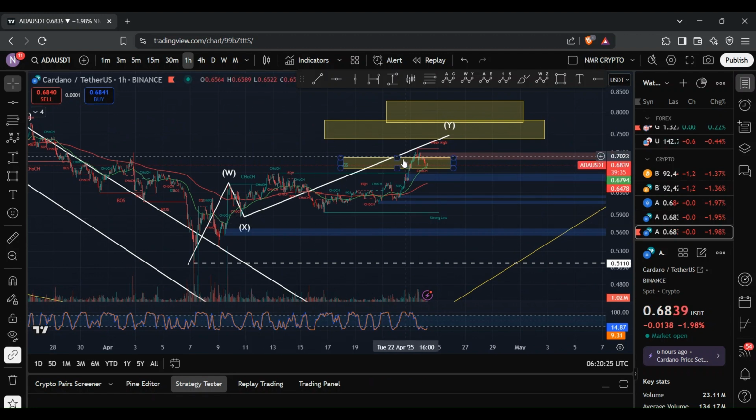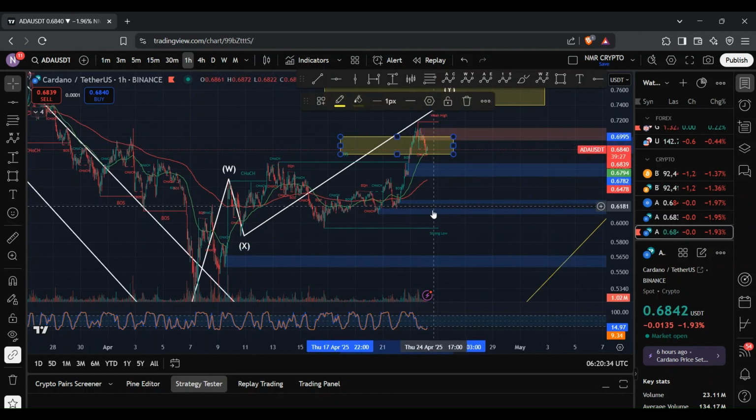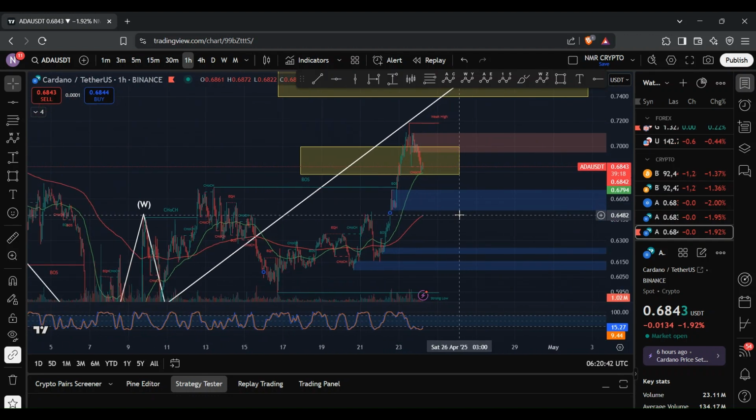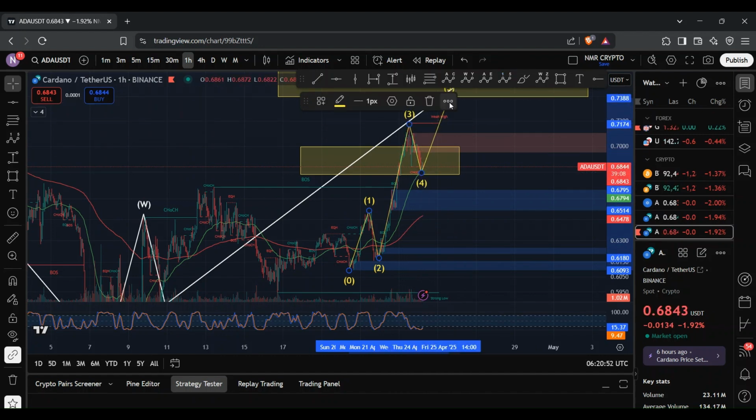And within this Y wave, it was possible that the Y wave was complete, given that we had a WXY structure, and the Y wave would typically retrace anywhere between 1 to 1.236, which sits within the region of 67.82 cents to 69.95 cents. Now, what is interesting is that there is a potential 5-wave move within this wave structure here, where essentially you have your wave 1, your wave 2, wave 3, wave 4, and then your final 5th